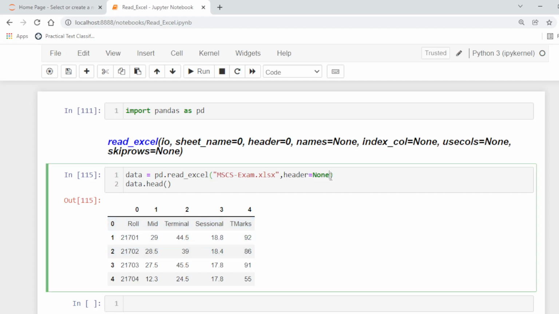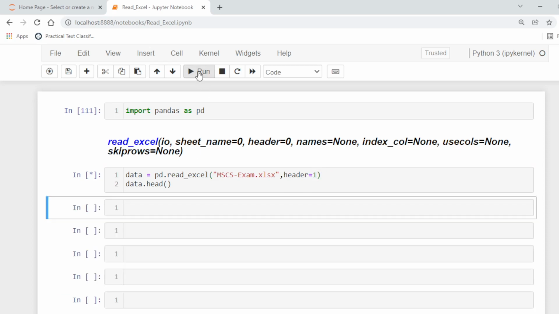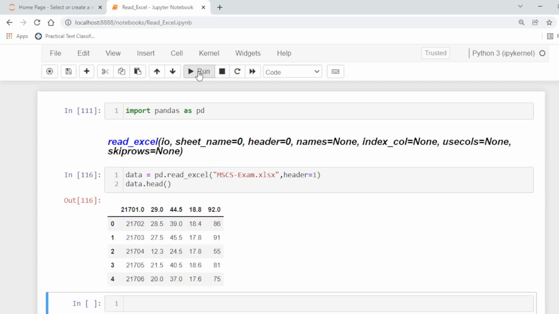If you want to specify another row as the header, for example 1, then row 1 will be used as the header for the columns. Always when the header value is greater than 0, all other rows before this value will be excluded from the data set.